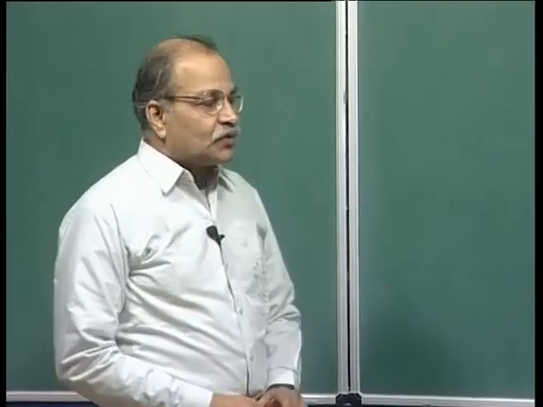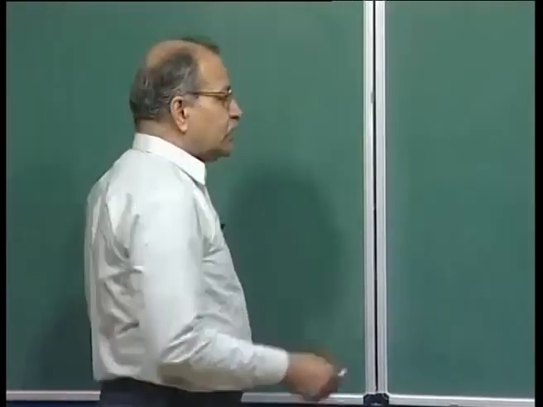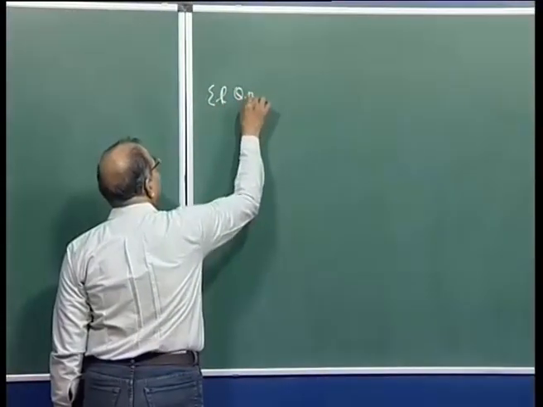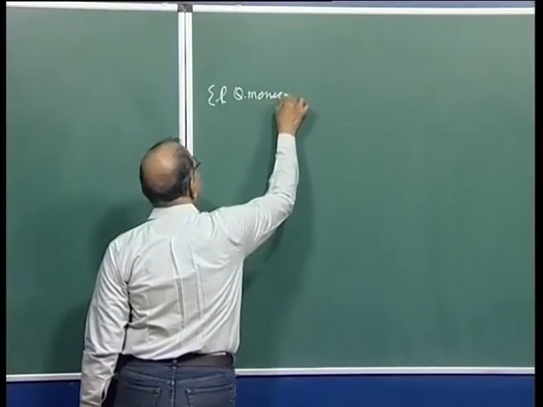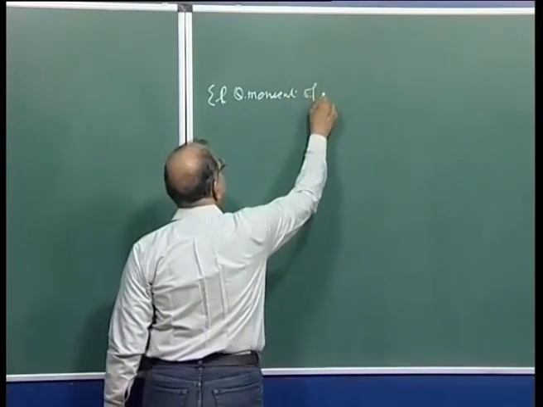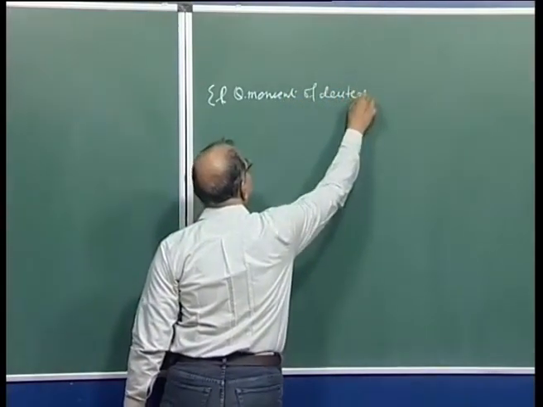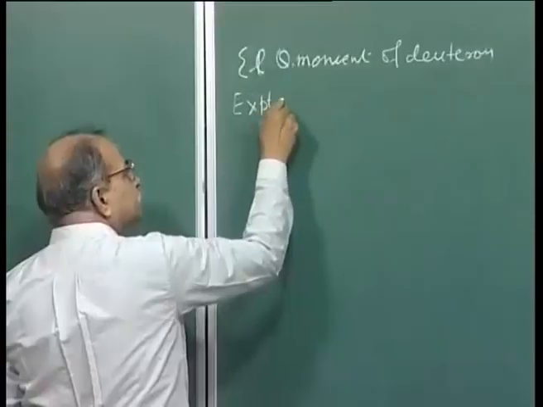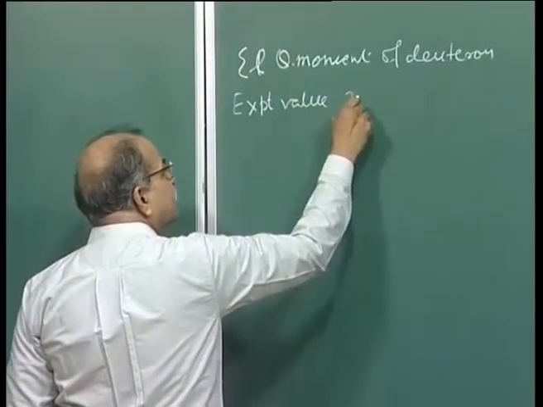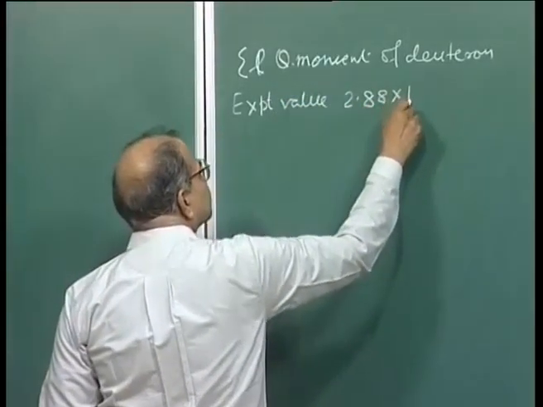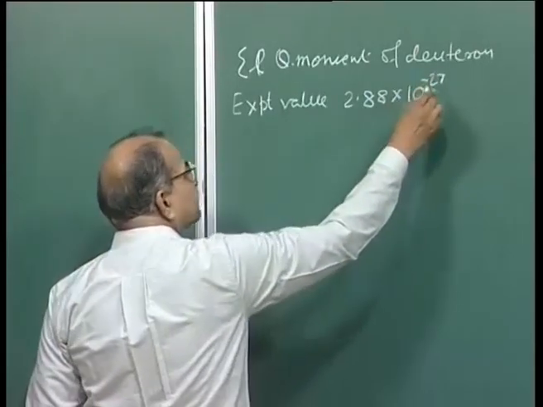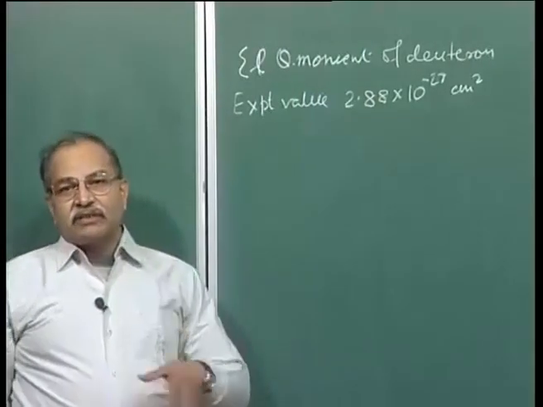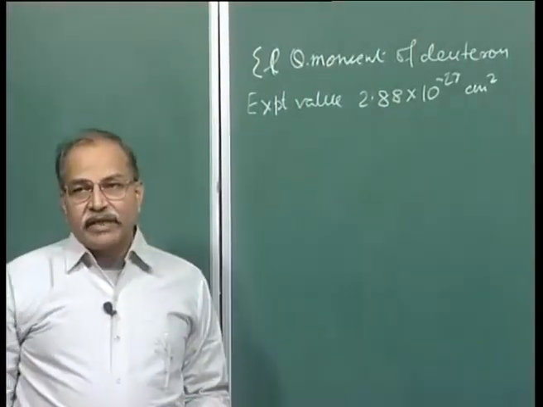Okay, so quadrupole moment, we were talking about the electrical quadrupole moment of the deuteron, and the measured experimental value was 2 point something into 10 to the power minus something centimeter square. Though it is small when you compare with the quadrupole moment of many other nuclei, but still it